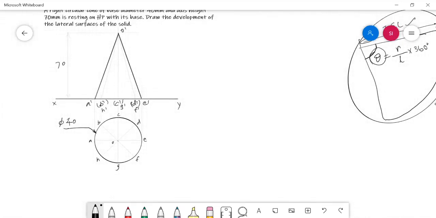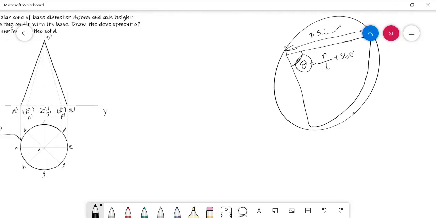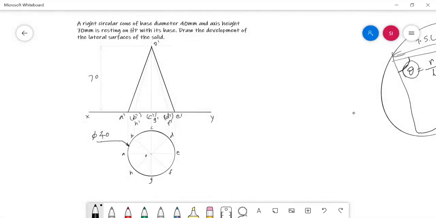In this problem, the true slant length of the extreme generator can be found directly, because the length O dash E dash is the true length, as the generator OE is already parallel to the XY line in the top view. So in the front view, O dash E dash shows its original length.